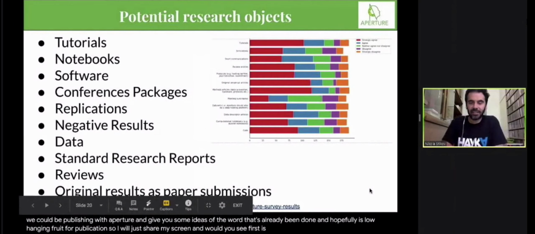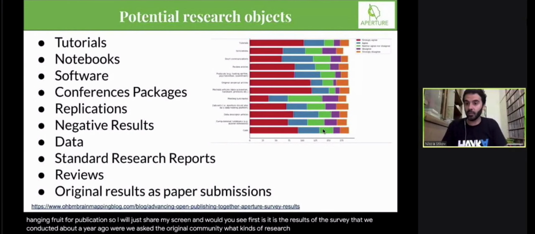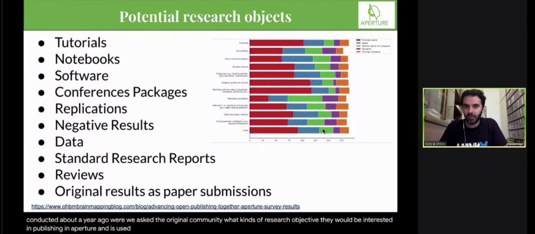So I will just share my screen, and what you'll see first is the results of the survey that we conducted about a year ago, where we asked the OHBM community what kinds of research objects they would be interested in publishing in Aperture. And as you saw, there was a very wide spread.